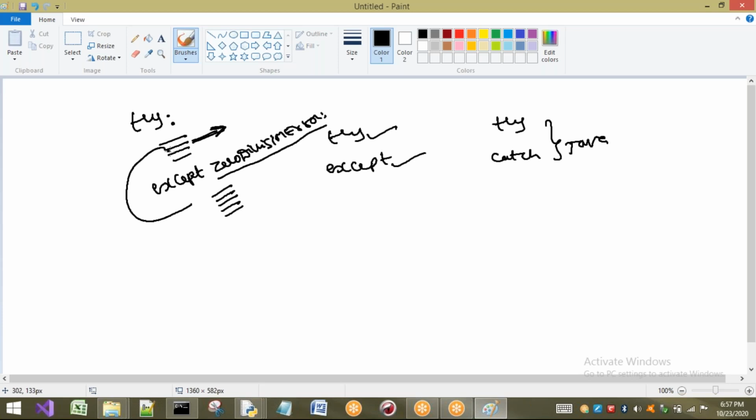Now the point is, are these two lines executed or not? Those two are not executed. Again here also these two are not executing. In our previous program also, the lines after the exception were not executed. Is there any advantage of this exception handling?